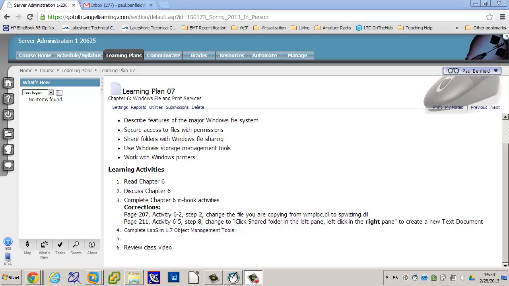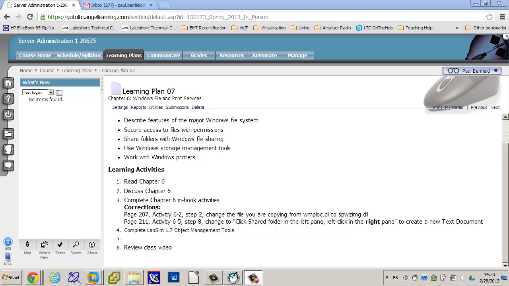The next section deals with volume mount points. Volume mount points enable you to access a volume as a folder in another volume instead of by using a drive letter. So if I have 3 volumes, each of them is going to have a drive letter. And if I want to share files on them, they'd have, in fact, 3 different shares. The ability to take one whole volume and put it as a mount point under another share just consolidates all that stuff. So all of a sudden it looks like you have more space.